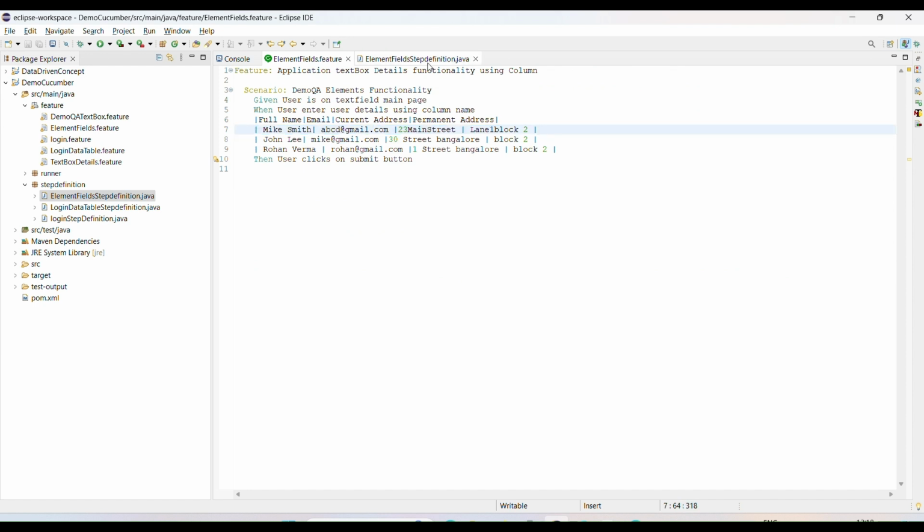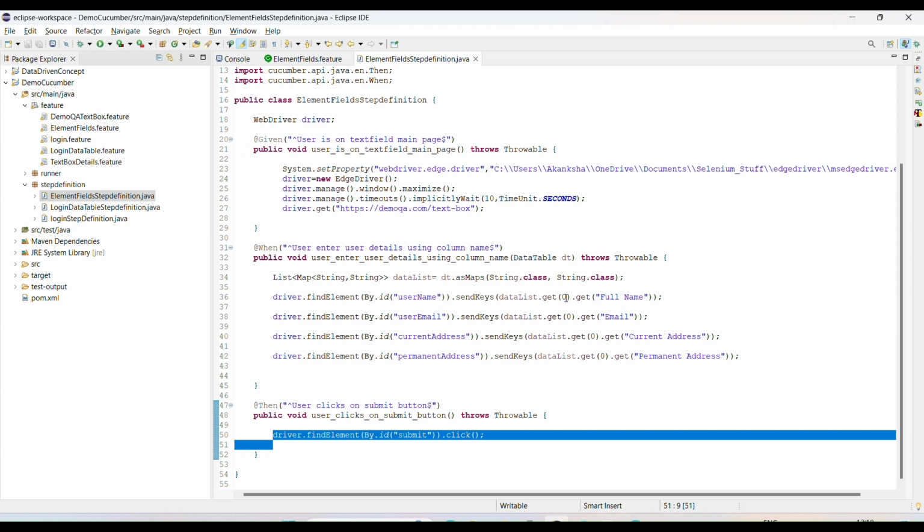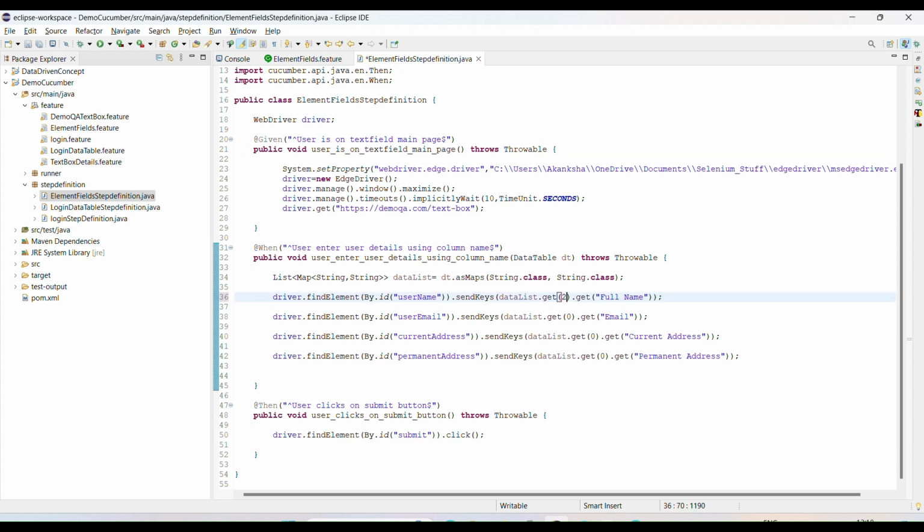Let's see, guys, if you want to enter the last set of data, what you need to do is change only the row index. So this will be the zero value, then the first, then the second, then the third row. So just change the index value here. This is 3, sorry.